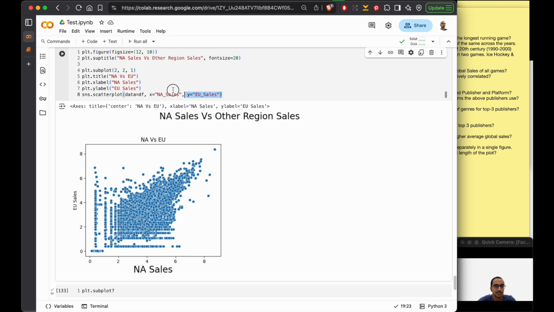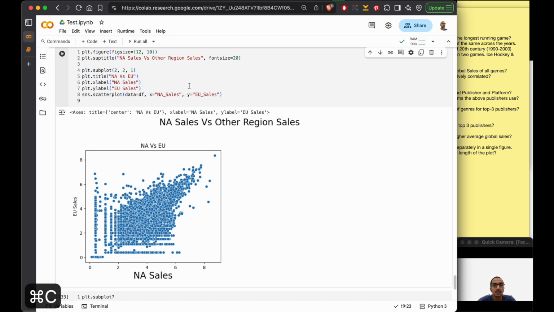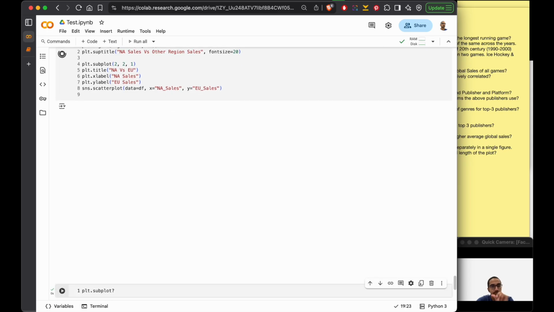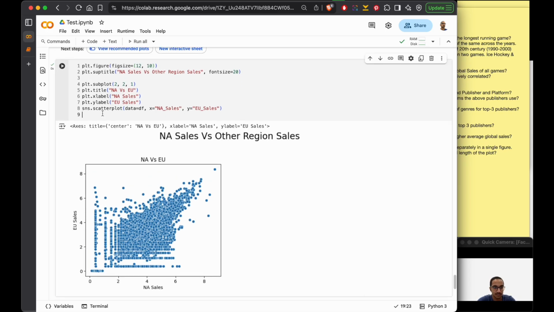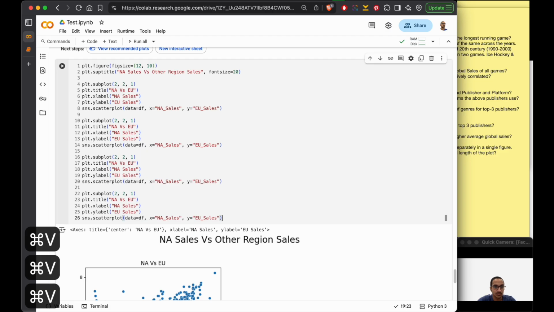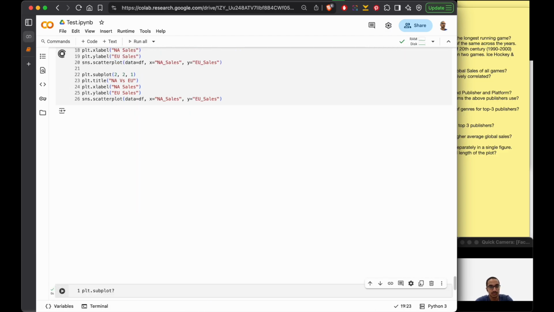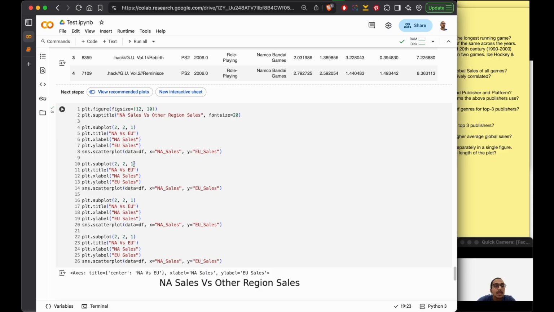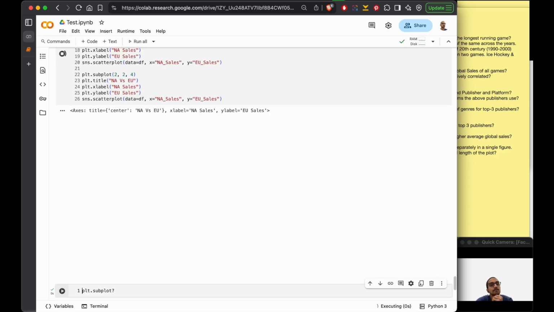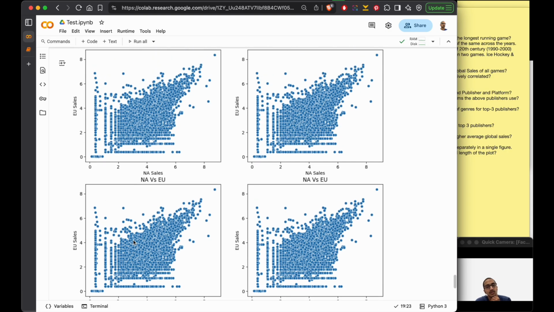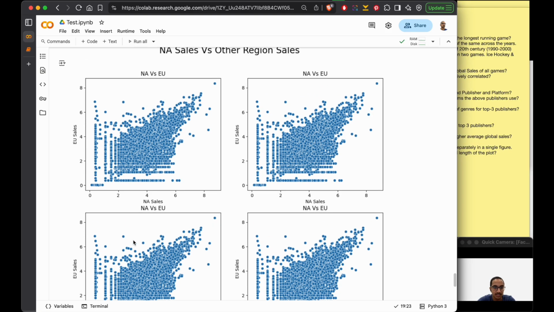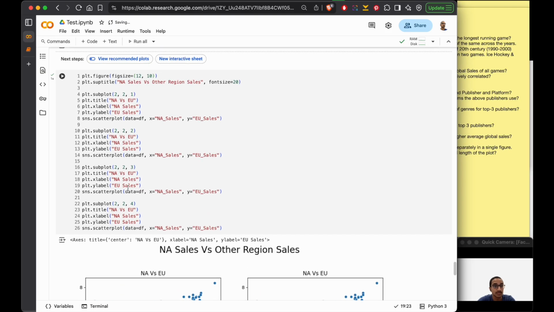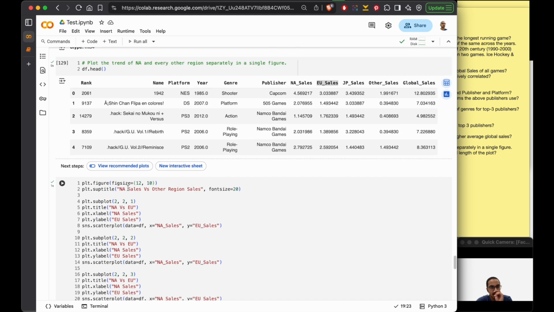Now we have the first graph, right? Let's add the next graph. So we'll be making 4 of such plots. Let me just show you how it looks. Okay, so this is position 2, this is position 3, and this is position 4. There you go. We have 4 plots. Right now we didn't make any changes, so that's how you'll see 4 plots. The other regions,